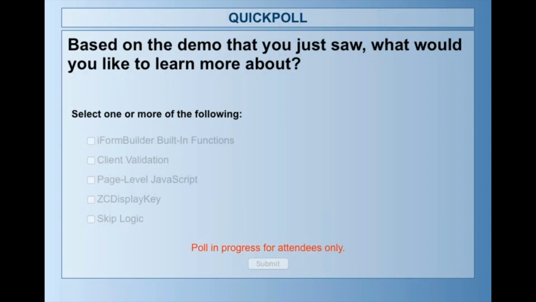All right, well, while everyone's responding to that poll, there was another question that came in, and it was about the iFormBuilder.firstname and iFormBuilder.lastname built-in functions not working or not showing up within the iForm app. When you first put those built-in functions in the form, you actually sometimes need to clean the local database within the iForm app. So when you have iForm open, if you go into the settings, you'll see a button that says Clean Local Database. If you click that button, then resync your form, hopefully the first name and last name